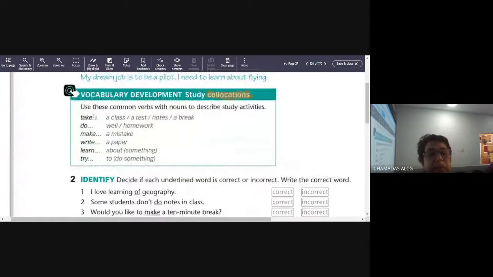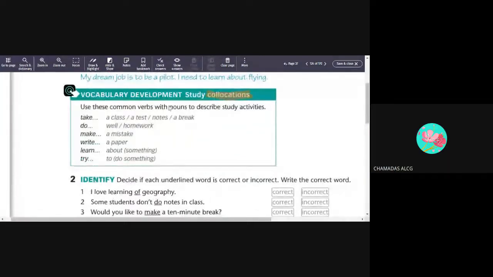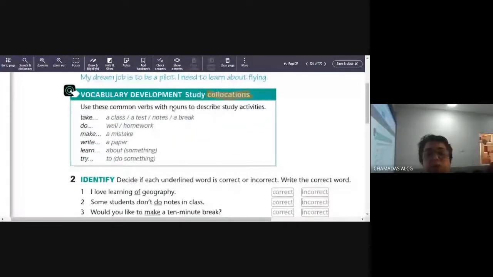Então, a gente aqui tem nouns to describe study activities. Então, use esses verbos comuns com substantivos para descrever atividades de estudo. Nós temos aqui uma listinha deles, dos verbos: take, do, make, write, learn, try. Junto com esses verbos, quando vai falar sobre estudo, a gente vai utilizar